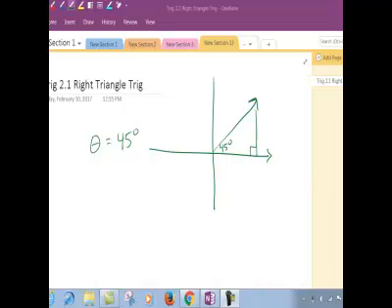In this chapter, we're going to use what we learned about trigonometry in the first chapter to find missing sides and angles of right triangles. Okay, so we're just going to go ahead and talk a little bit about what it was that we did